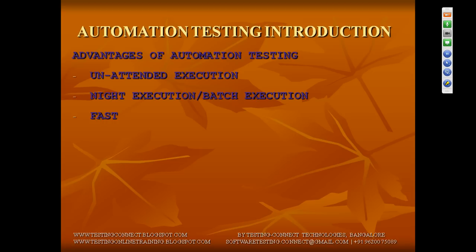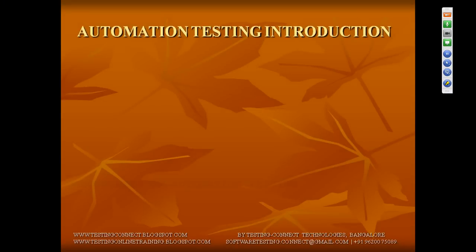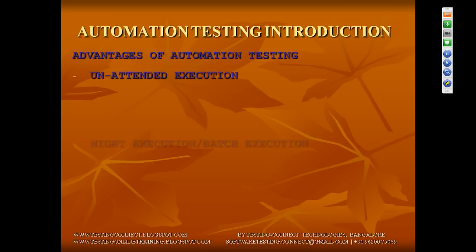Okay, automation execution is always fast and reliable, that is the machine. How many times you will execute, how much time is executing. So that is a machine, a computer is a machine, right? So how many times you execute, how much time you will execute, 24 hours also,